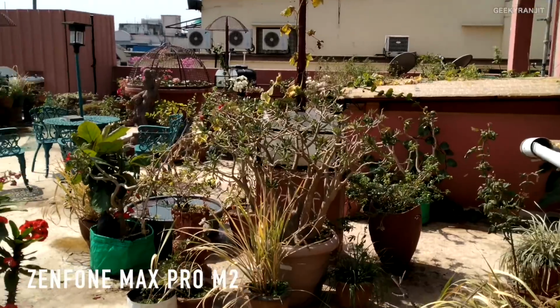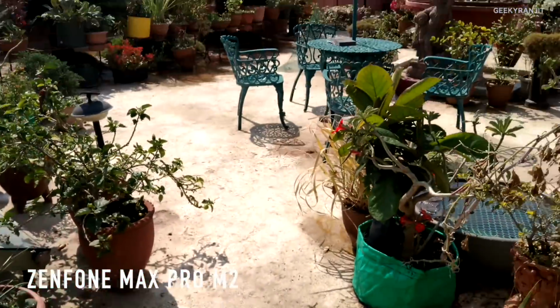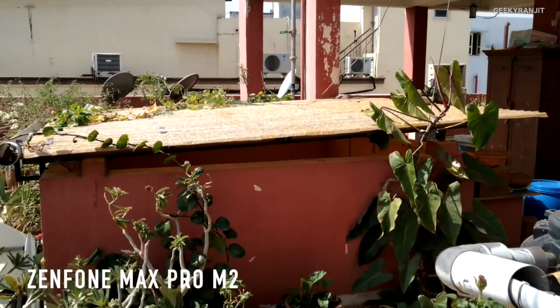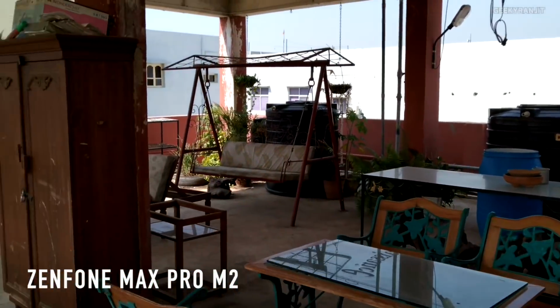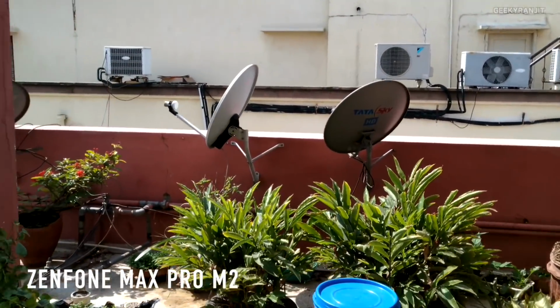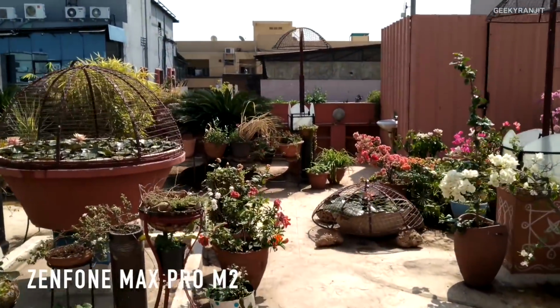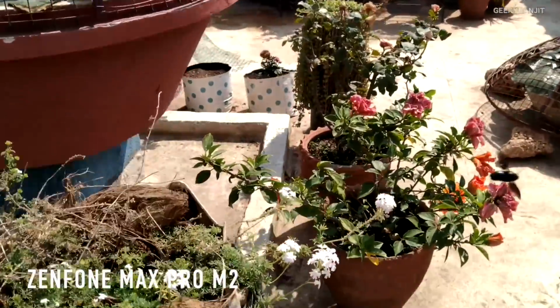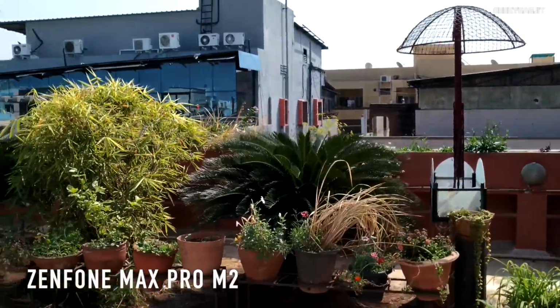facing camera. Recording this sample video with the Zenfone Max Pro M2, and as you can see, this is in bright outdoor conditions. We'll also test it in indoor conditions later on, but I'm just walking around to give you an idea how the stabilization is. I've kept it to 1080p, and the audio is also being recorded via its internal microphone. So you guys let me know what you feel about the video recording with this Asus Zenfone Max Pro